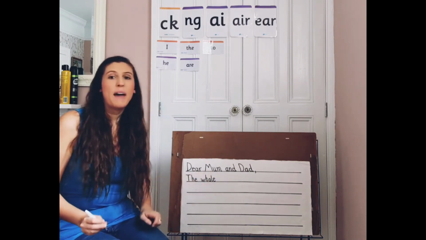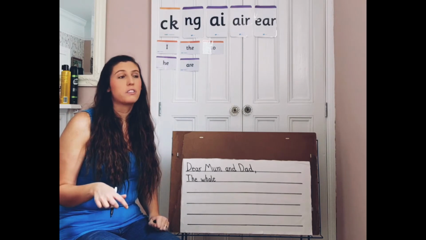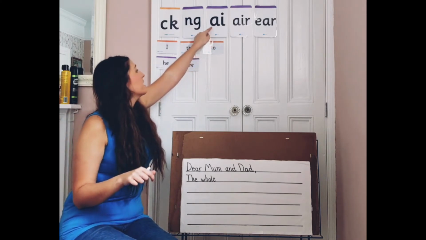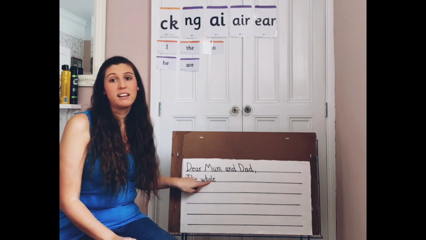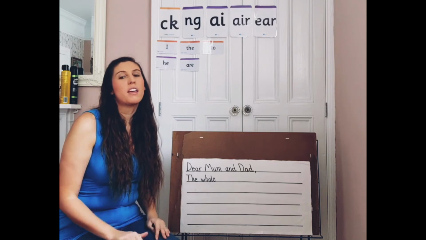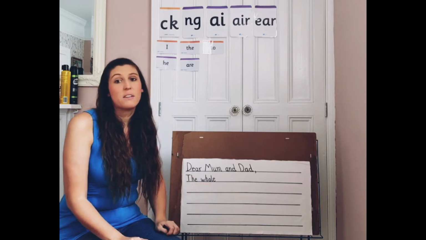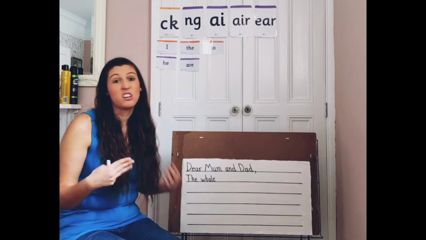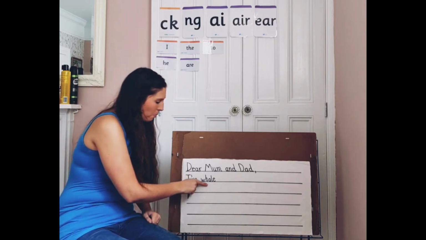Okay. Parents, if they do use their sounds to write the word whale, so for example if they write it with the A sound here, that's absolutely fine. They don't have to spell it correctly. I'm just modelling it like this to show correct spelling, but they don't have to write it correctly. If they want to use their sounds, then that's absolutely fine. That just shows they're being independent. Okay, so the whale